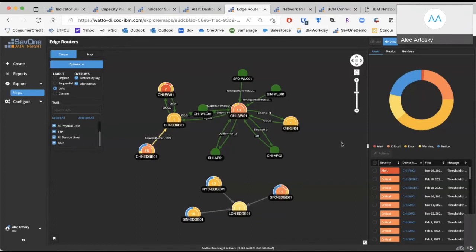But the benefit of the live maps is that, as I mentioned, you can do it both physically in terms of a canvas. You can use a map, like a geographical map or a Visio map, and overlay them like that as well. If you have latitude and longitude brought in as metadata, I can go ahead and overlay those on a map to automatically overlay those devices. So the benefit of this is that it is not just a visual representation, but it is giving me a clear understanding of how each component of my network is operating.